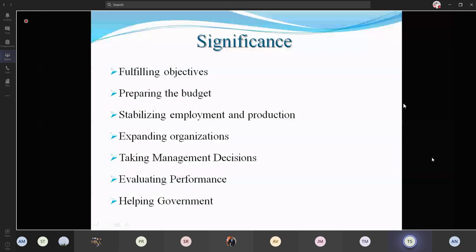Third one is stabilizing employment and production. This helps an organization to control its production and also the recruitment activities, because the number of output units is based on the inputs which the organization is using, and that includes human resources. Producing according to the forecasted demand of products helps in avoiding wastages, and also helps the organization to hire human resources. It helps in controlling the number of units to be produced and how to recruit the human resources,